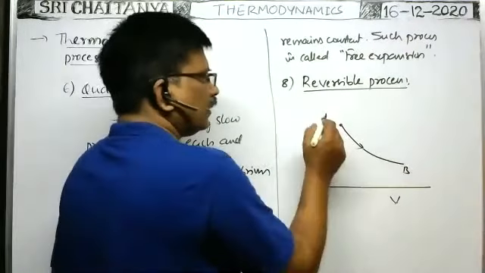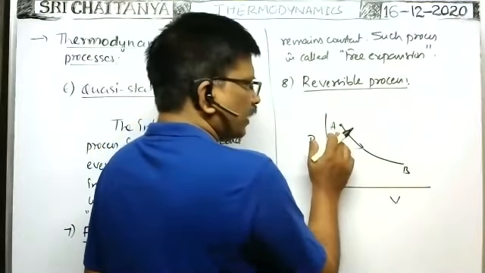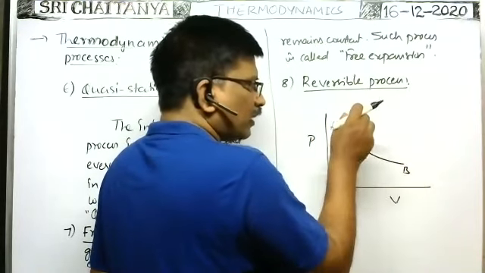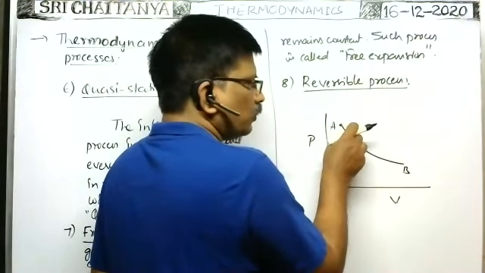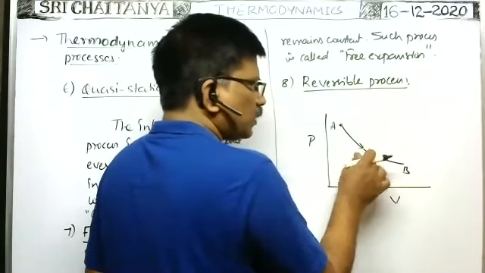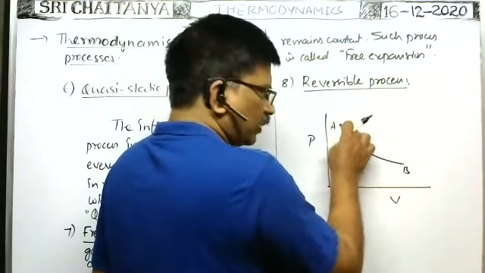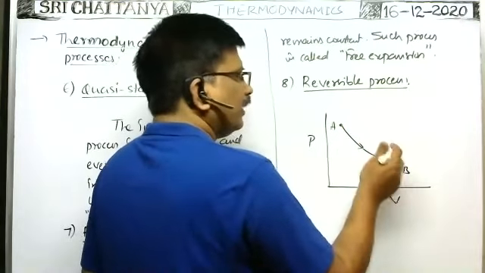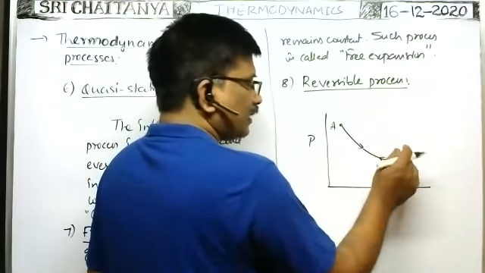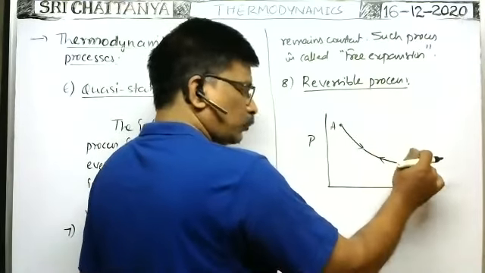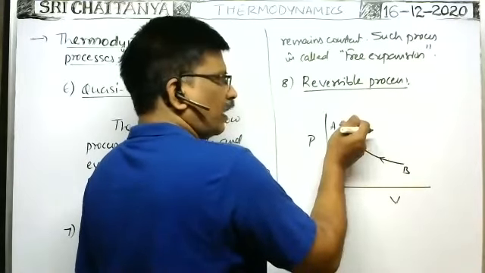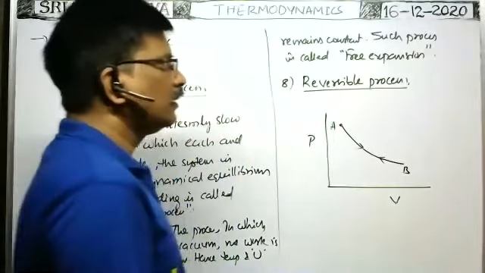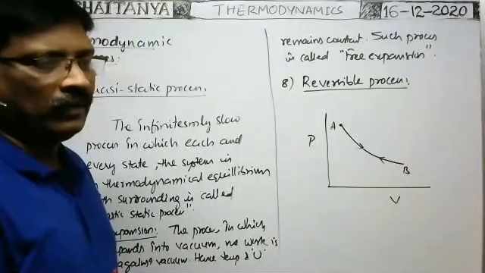Okay, so whenever the system changes from state A to state B, whatever the different states it passes through, whatever the different phases, different states here in between A and B. In the reverse process also, whenever it comes back, the state changes occur through the same stages, and again it comes back to the initial state. Then such type of process is called the reversible process.